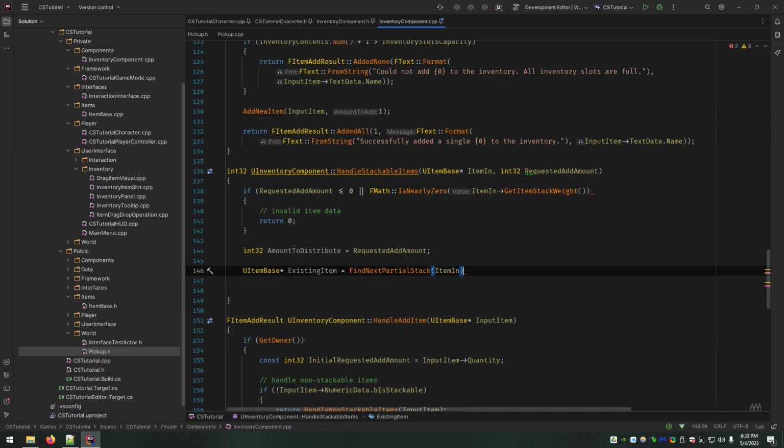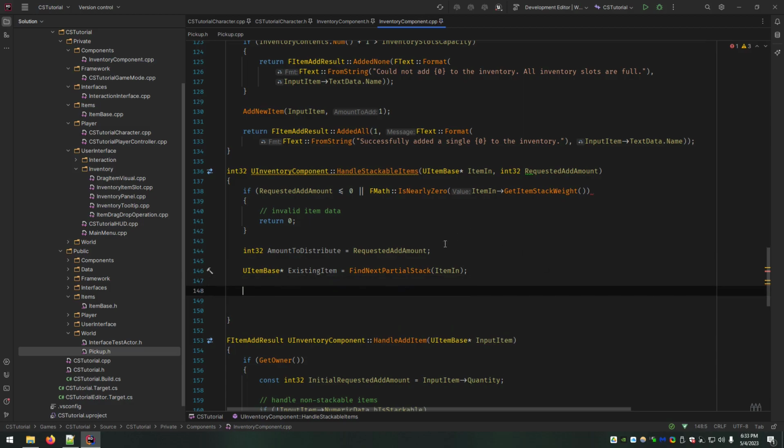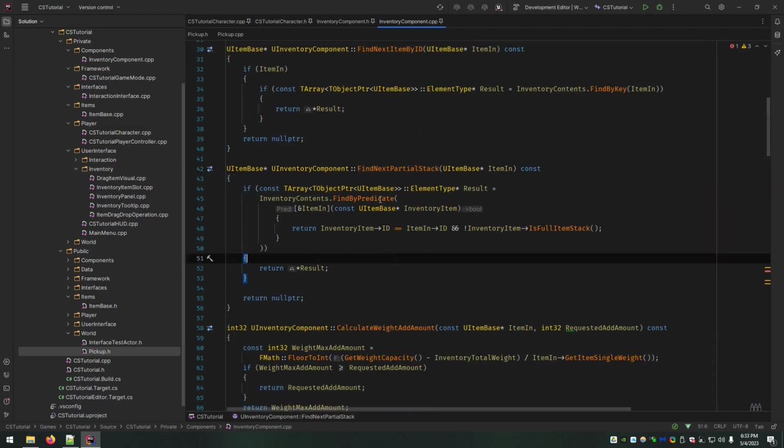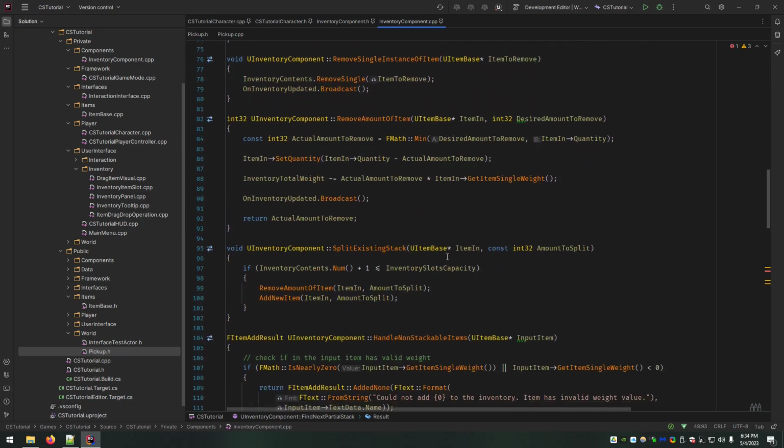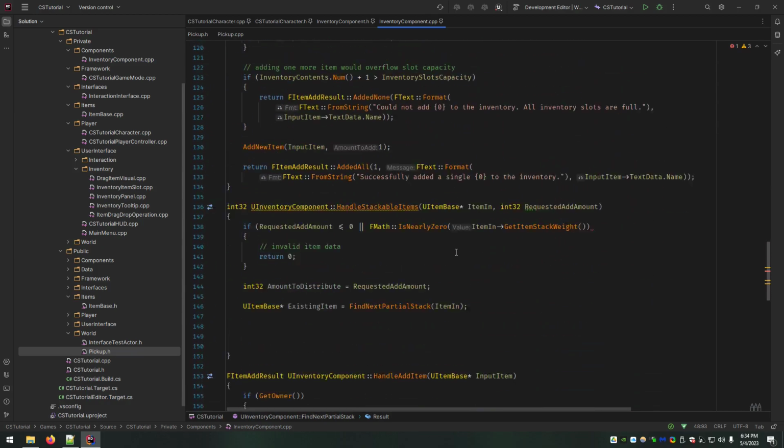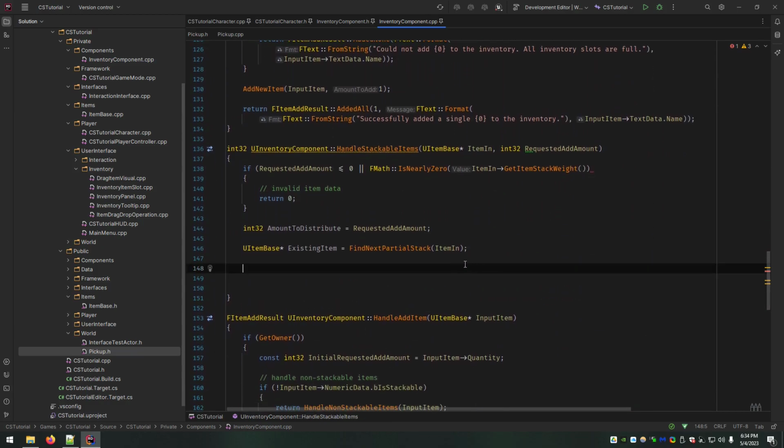All it's going to do is look for the next partial stack that matches that item type, because find next partial stack uses the lambda and makes sure that the type matches based on ID. So it's not doing pointer comparison, it's doing ID comparison to say, is this the same kind of item? So we assume this gets an existing item to begin with.